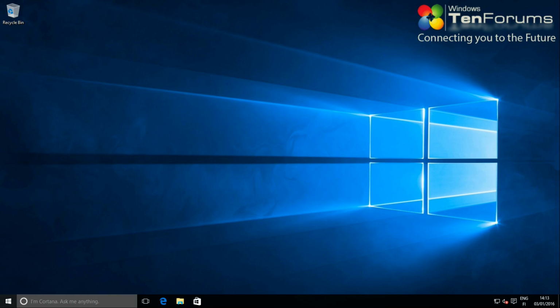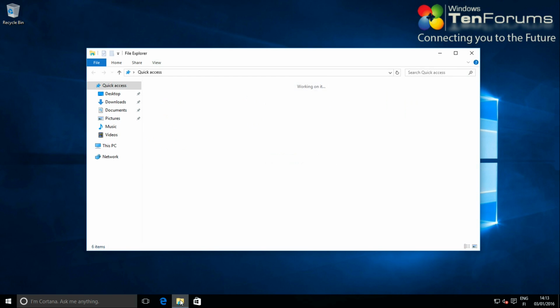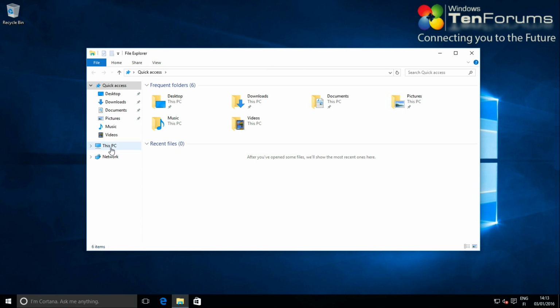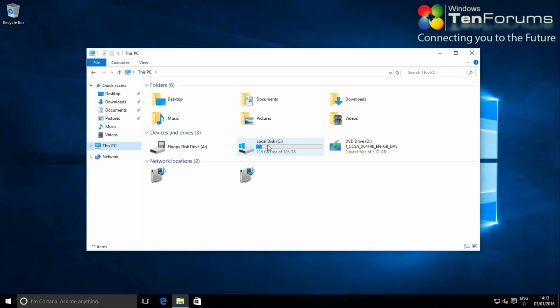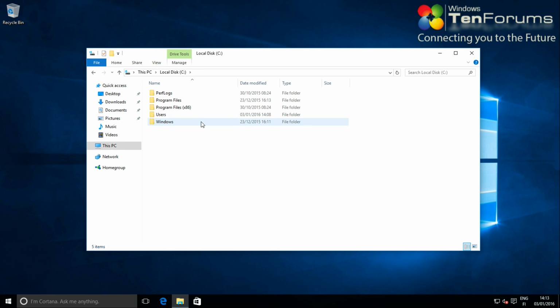We have now set up Windows using an MS account username 10forums@outlook.com. But checking the users folder, we will see that the user profile is named 10fo.